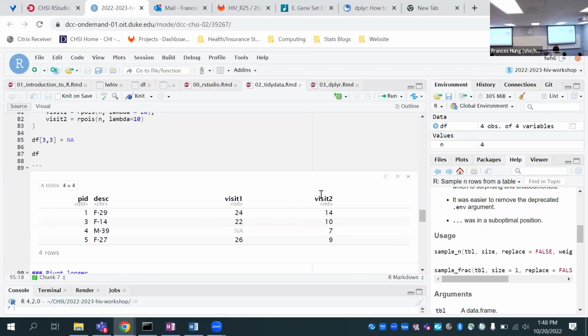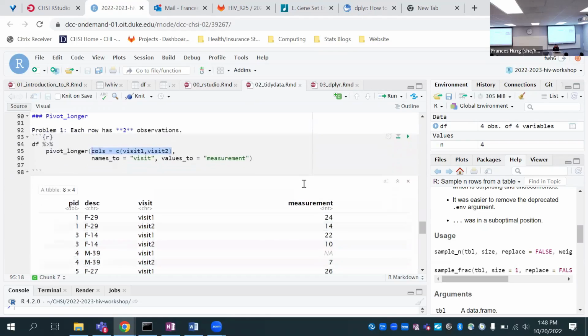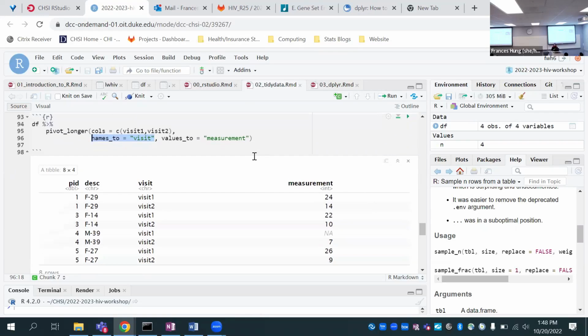It's going to put these titles in a separate column, which we'll call visit. And it's going to put the values in these columns in a column called measurement. Okay. So let that sink in for a little bit. If you have any questions, just let me know.